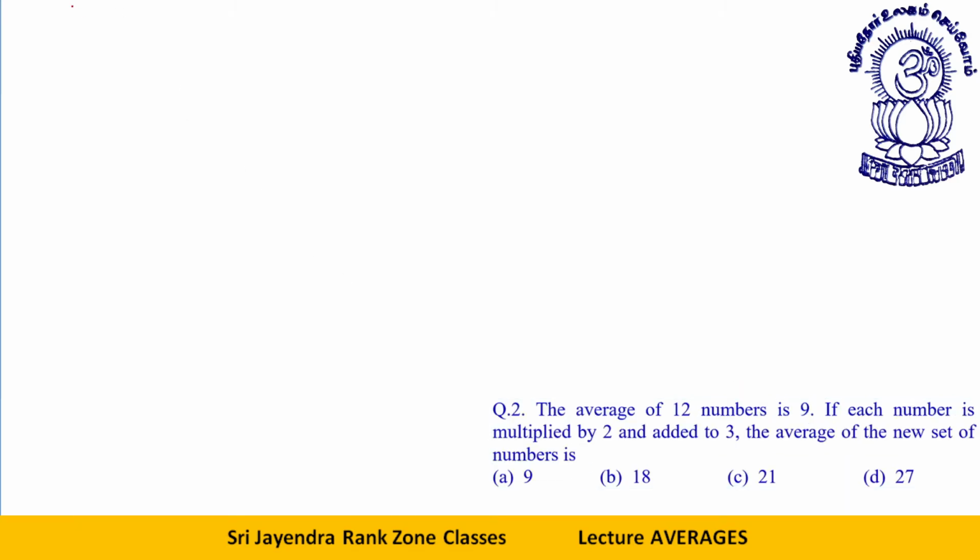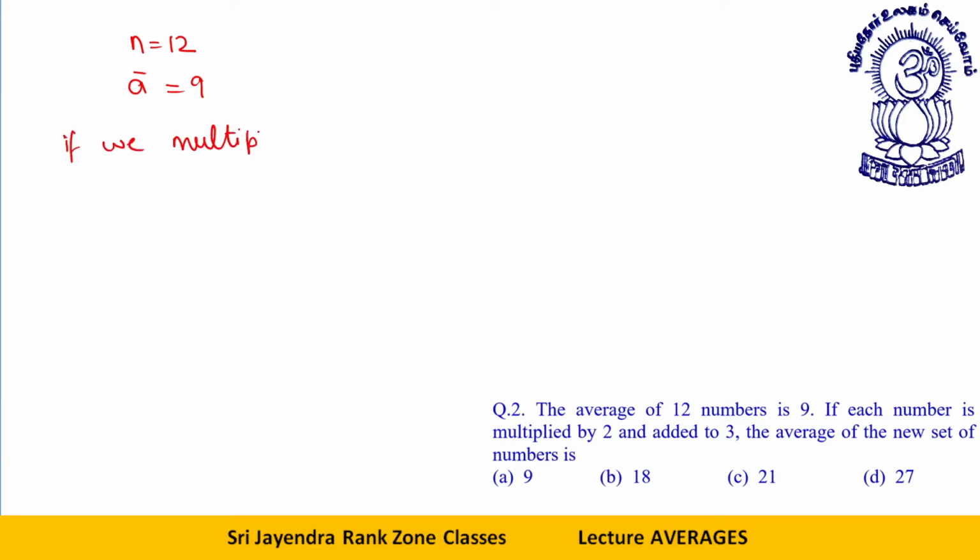The average of 12 numbers is 9. If each number is multiplied by 2 and added to 3, the average of the new set of numbers is? The average of 12 numbers is 9. The number of terms is 12, and the average is 9. Each number is multiplied by 2 and added to 3. The new average of the new set is C. First of all,